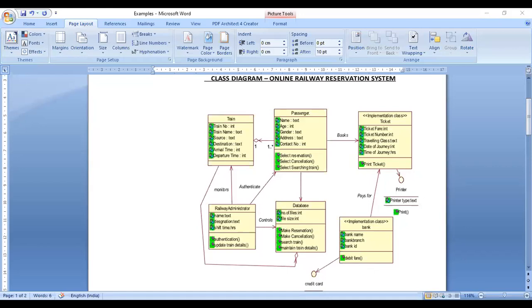The next one is implementation constraints. Implementation constraints means that while implementing this project, are there any complications or constraints that will occur in future or not? If yes, what kind of implementation problems will come, and how do we solve those? That also we should maintain. And coming to the last one, revision history. If any changes are made in this project, that should also be documented for future purposes.